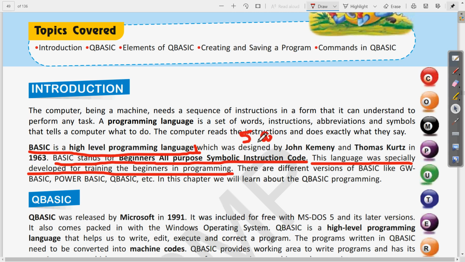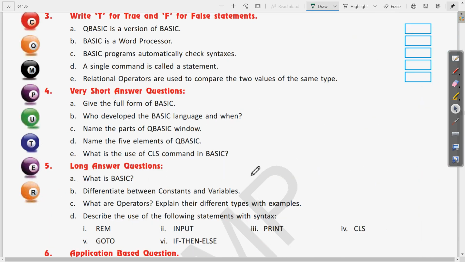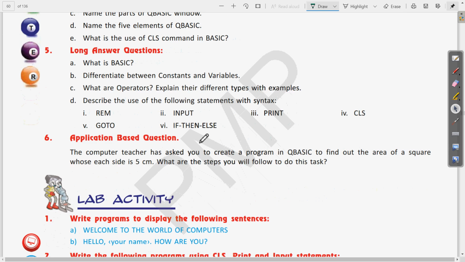What is BASIC? Note it down or mark it in the book. Now coming to the second question, I hope you have written this. The question number 5th B is, differentiate between constant and variables.